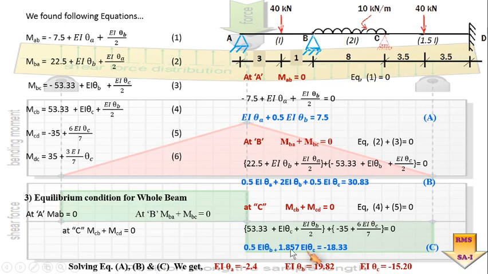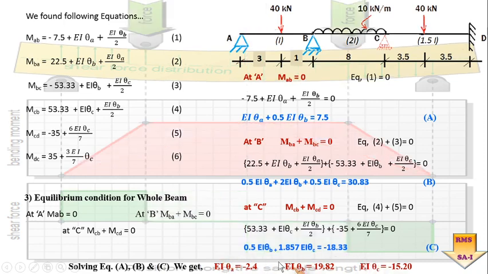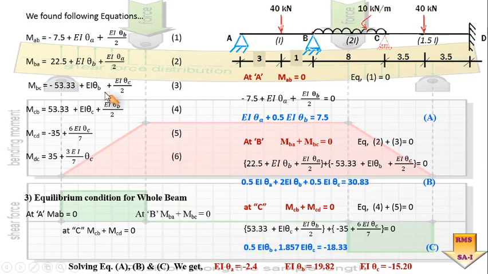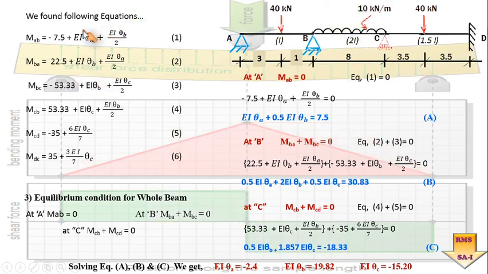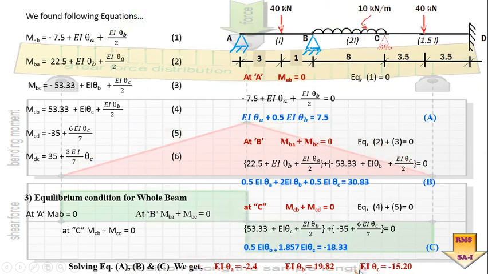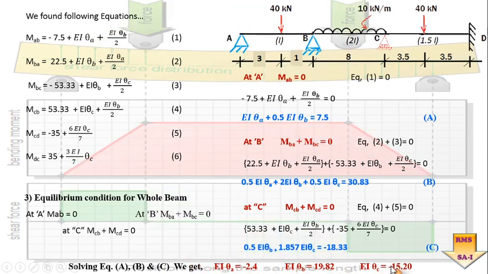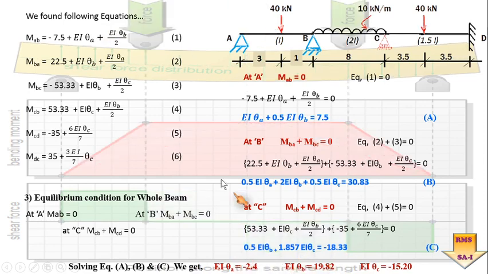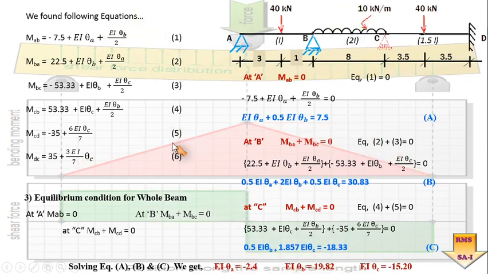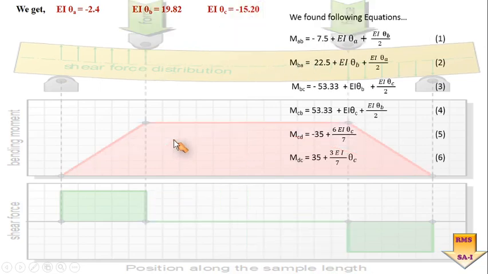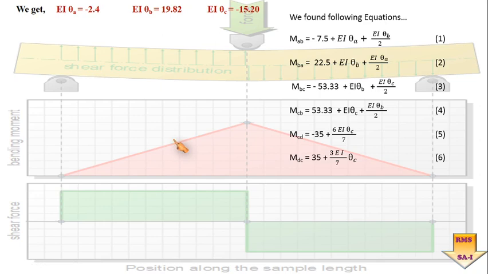Now using these displacements, as we know, all these equations number 1 to 6 are in terms of displacements which were unknown initially. Now we have worked out the values of theta A, theta B and theta C. So one can imagine that by putting all these values of the displacement in equations number 1 to 6, we will definitely get the final values for the moment about that individual joint.